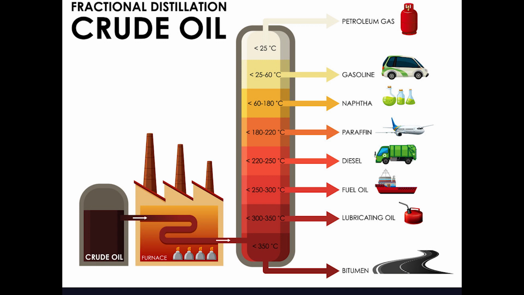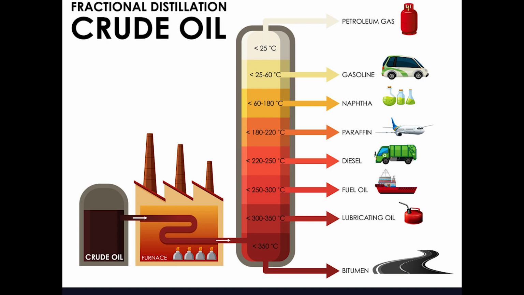Now, if you closely look into the picture, you will see that petroleum gas is right at the top. So, as temperature is applied to this furnace, petroleum gas will be separated at a temperature of 25 degrees Celsius. And petroleum gas is nothing but the natural gas we use for cooking, the LPG gas. Next, at 25 to 60 degrees Celsius, gasoline is separated out, and gasoline is majorly used for running automobiles and